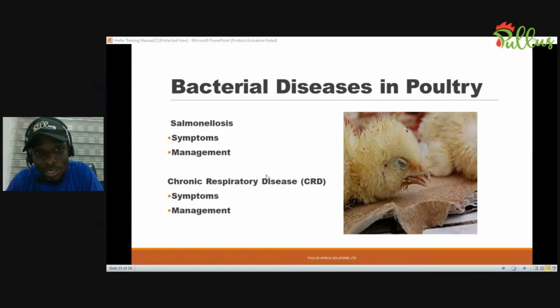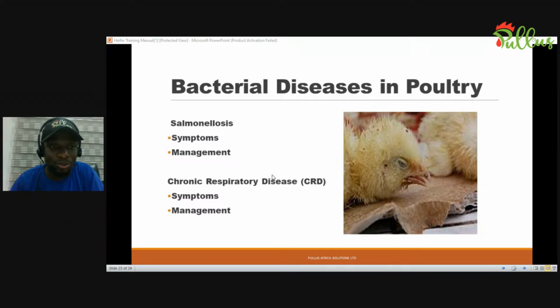So that is why sometimes farmers complain that, oh, I've been treating this and it is not going. Why is it so difficult to manage this respiratory problem? It's because we're not taking note of those things that we're supposed to do. You see somebody managing respiratory problems, but he keeps changing their litter even though it is not yet time to change the litter, and then you keep using a very dusty litter, so they keep having access to this dusty litter, which makes it worse to actually manage this problem. So most times, if you are managing this problem, try to ensure that you avoid all these things that make it worse,